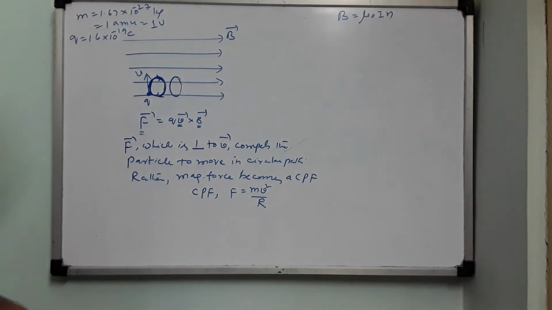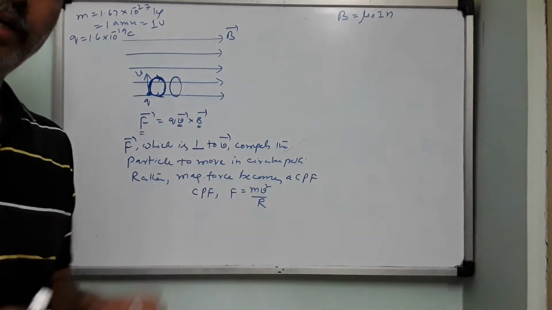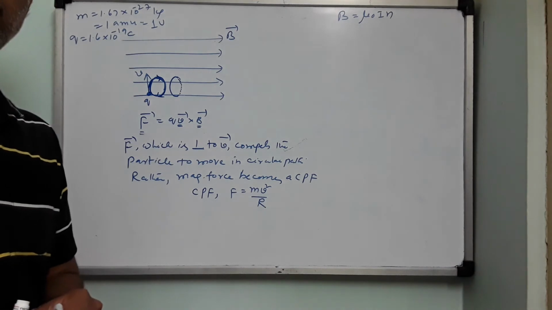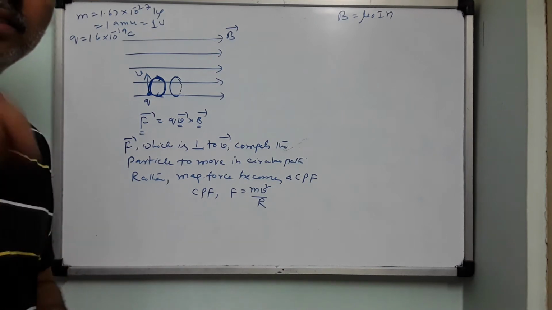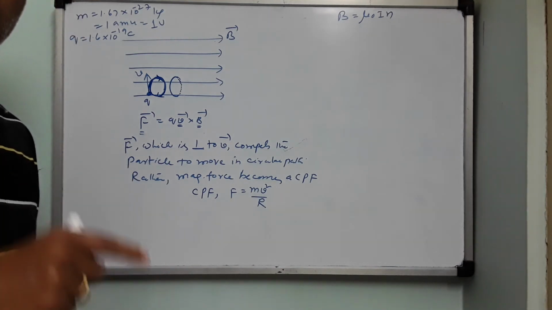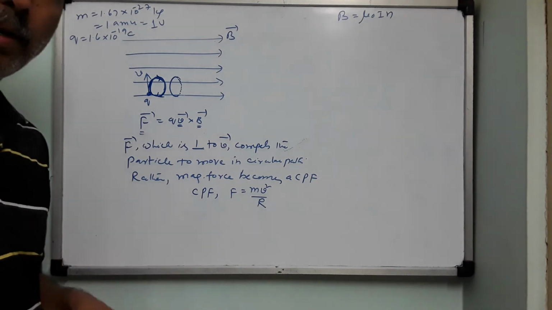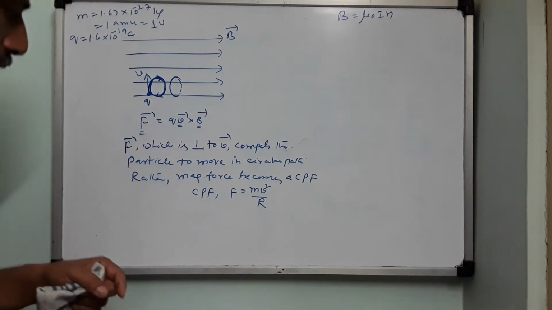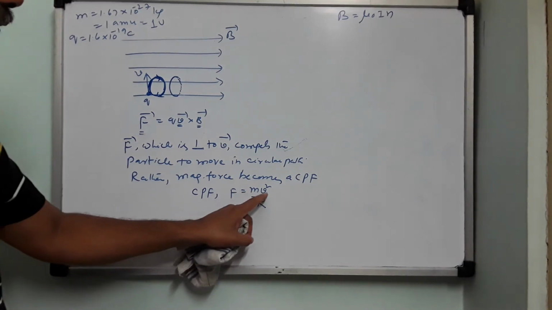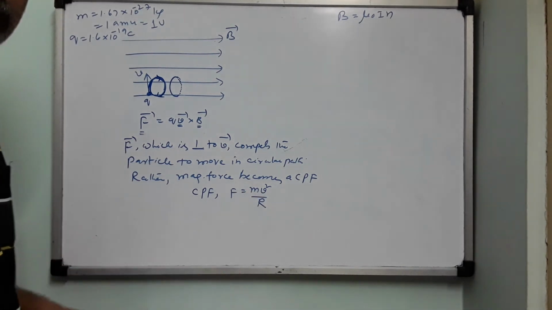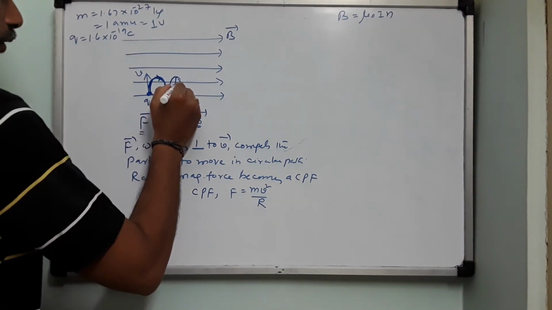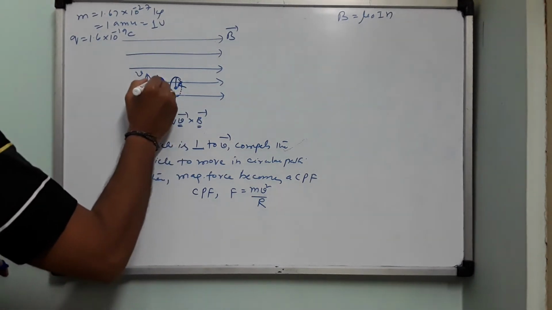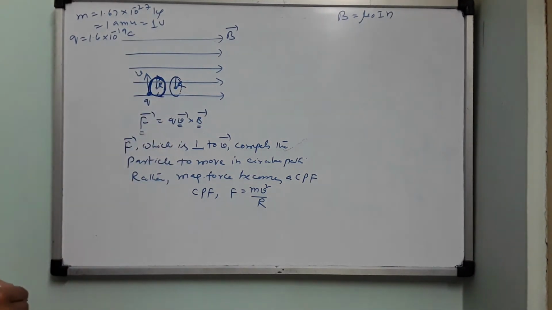What is m? Mass of the charged particle. Remember children, every charged particle will have mass. You cannot imagine any charged particle without mass. Where there is a charge, there is a mass. Proton, electron, deuteron, neutron, alpha particle, anything. Okay, right. So m is the mass of the charged particle, v is the velocity with which it is moving, r is the radius of the circle. Where is the circle? This is the circle. So obviously this will become its radius, r. So here is the radius r. So who is taking this form? Magnetic force only is taking this form.